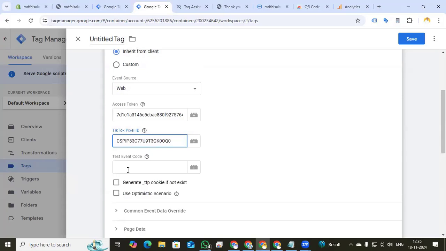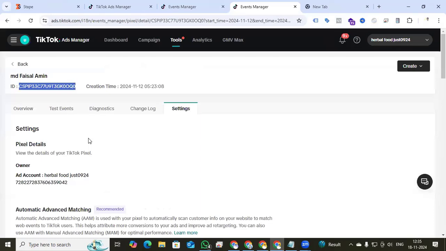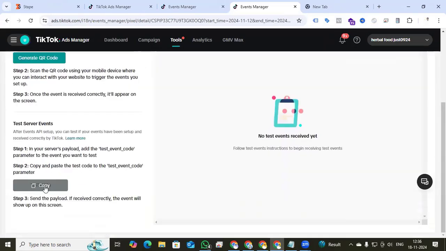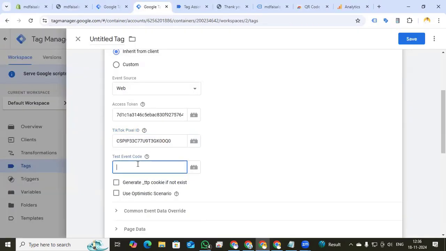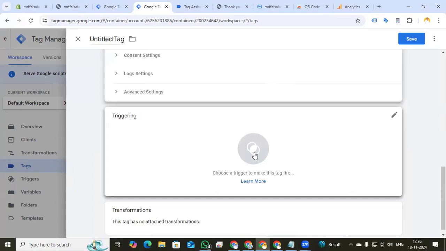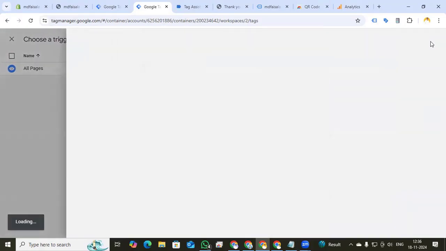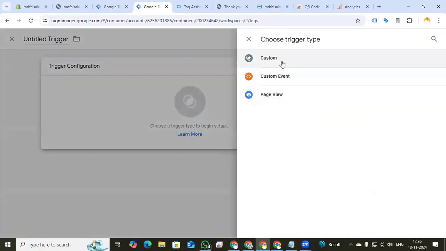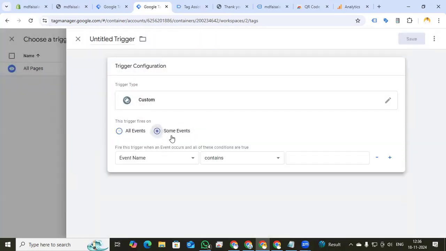Now the second one is the test event code. So again, back to our event manager and we find the test code. So copy the test code here and paste it. And in the generate TTP cookie, if not exist, it will be tick marked, and the second one will also be tick marked. And go to the triggering option, plus new trigger configuration, that will be the custom event, and